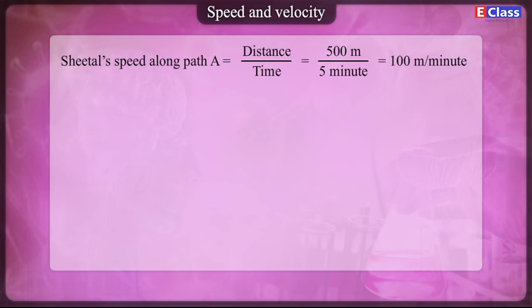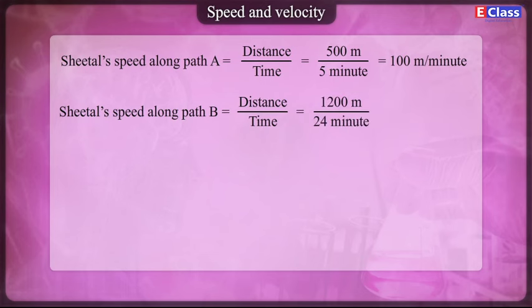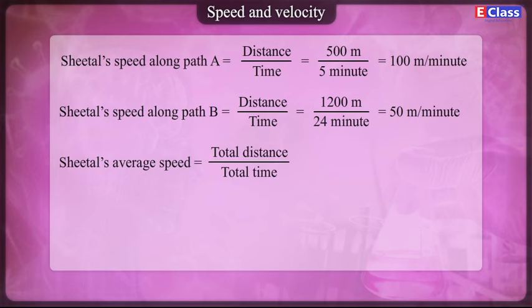Sheetal's speed along path A is equal to distance upon time, which is equal to 500 meters upon 5 minutes, which is equal to 100 meters per minute. Sheetal's speed along path B is equal to distance upon time, which is equal to 1200 meters upon 24 minutes, which is equal to 50 meters per minute. Sheetal's average speed is equal to total distance upon total time, which is equal to 1700 meters upon 29 minutes, which is equal to